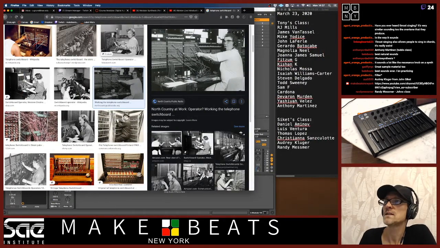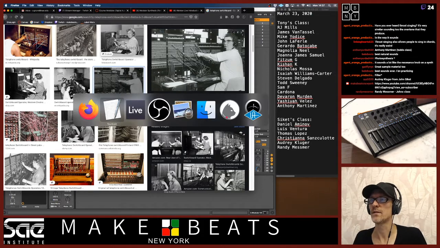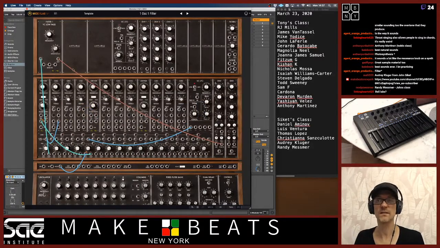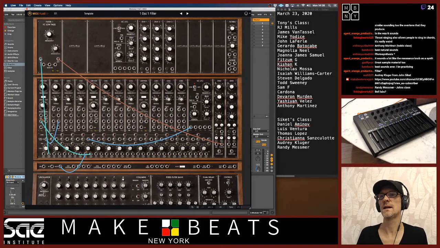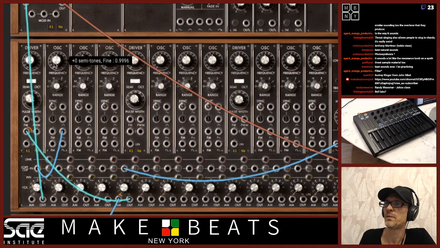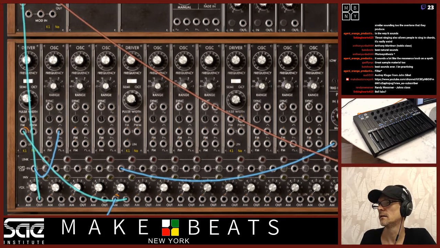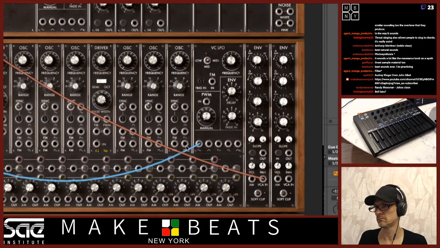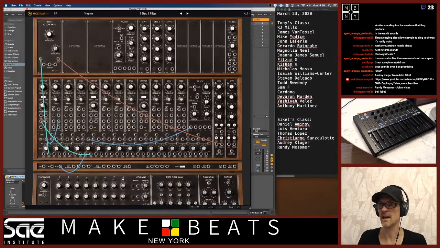And these analog synthesizers, these modular synths, are basically the same thing. You take your audio signal or another signal, and you connect from one place to another. So let's have a look at what's happening. This synthesizer has a bunch of oscillators. Here are all my oscillators. There's a ton of them: 1, 2, 3, 4, 5, 6, 7, 8, 9. Yeah, 9 oscillators. That's a lot of oscillators.